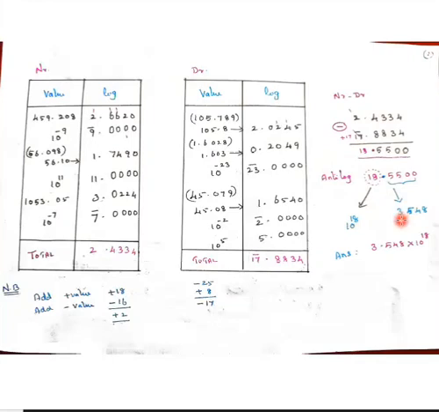Take the logbook and see anti-log 0.55 you see in the serial number side, and 0 you see in the middle portion of the logbook, and don't see that mean difference because it is 0. So I got the value 3548. Similarly, 3.548 into 10 to the power 8 is the answer of the sum.